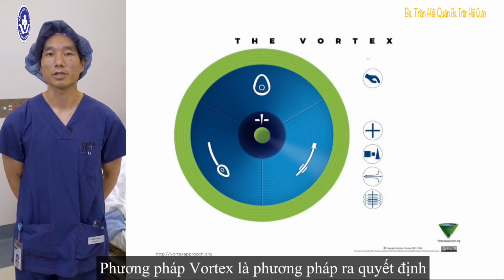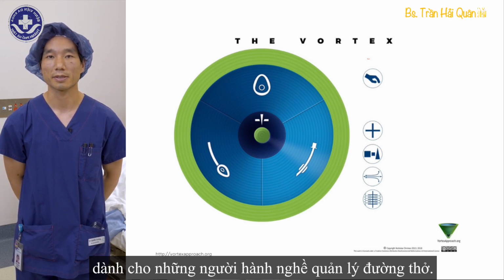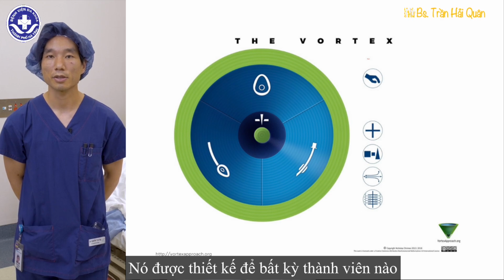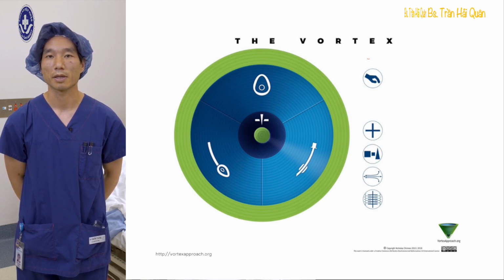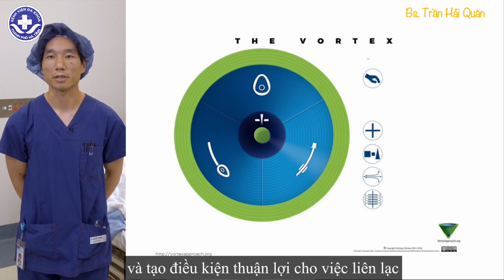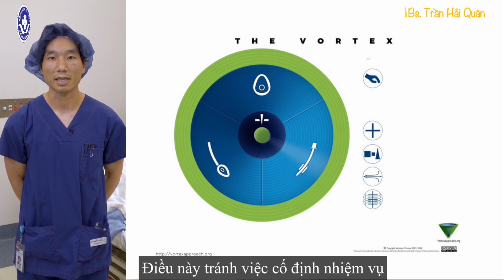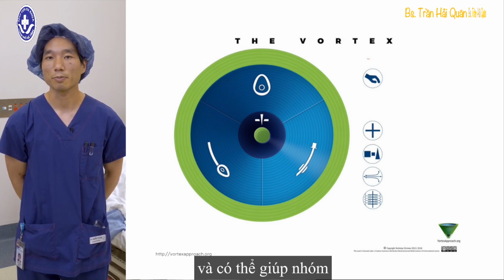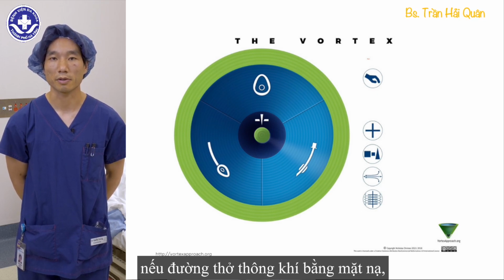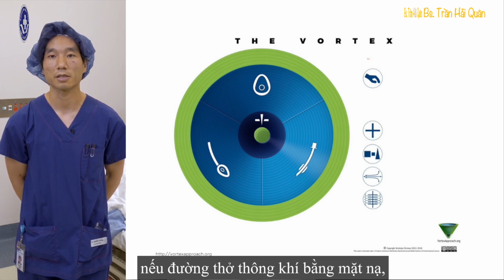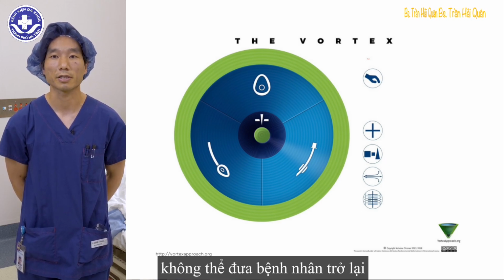The Vortex approach is a decision-making approach for practitioners who manage airways. It is designed so that it can be easily followed by any member of the airway team and facilitates communication as well as decision-making. This avoids task fixation and can help the team to be primed for front of neck access should the lifelines of mask ventilation, supraglottic airway and intubation be unable to return the patient to the green